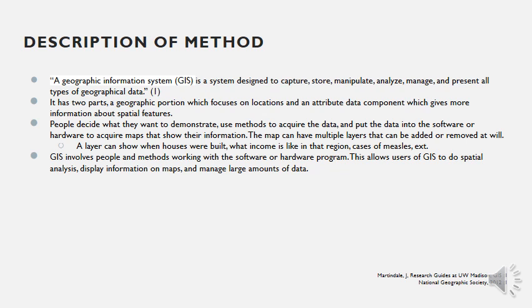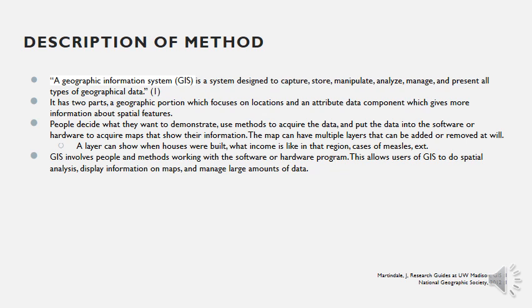The point of the layers is to give you more information. You can keep adding layers to get you more and more information about a specific geographic region, or you could remove layers if you don't want as much information. The bottom layer is always just the map, the specific region, whatever you're focusing on, that you would find on a regular map. GIS involves people and methods working with the software hardware program,